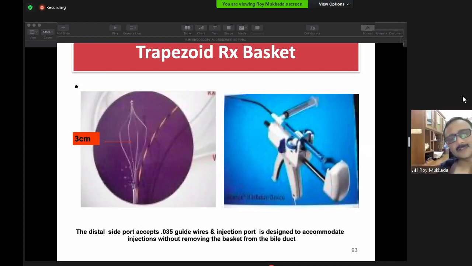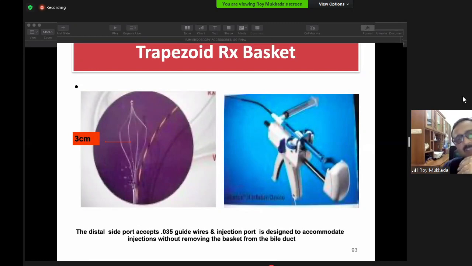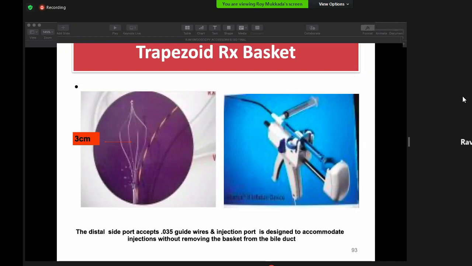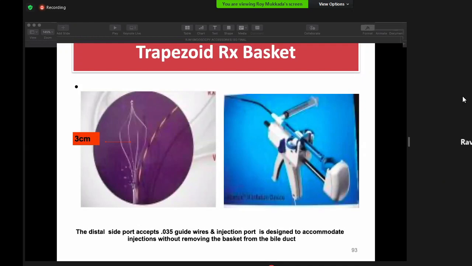Not by cutting the sheath. Actually, before that, this has two other advantages. One, you can pass the guide wire by the side. Suppose you have an intraductal stone, you can pass the wire over this, and you can see that wire going by the side, so to a certain extent we can manipulate the direction of the basket. There's an injection port there. And the other one is what you said: if you tighten too much, the tip of this will get removed and the wires will open up, sir.